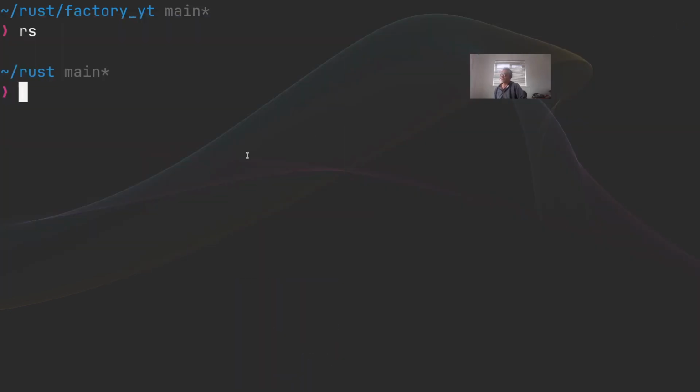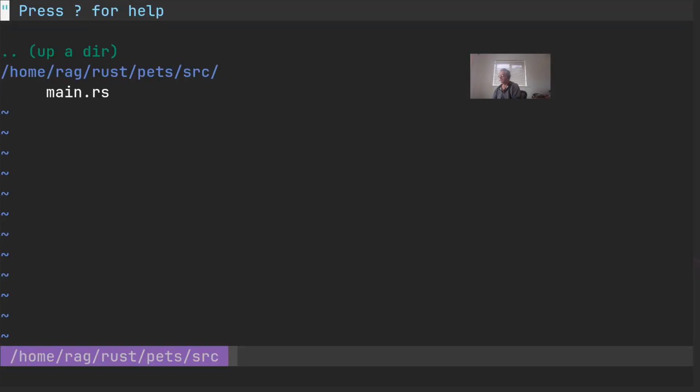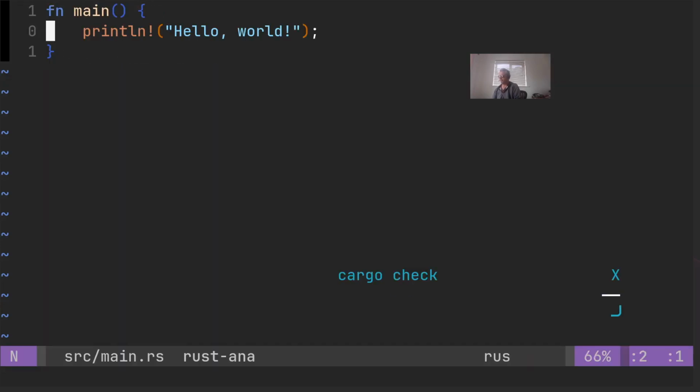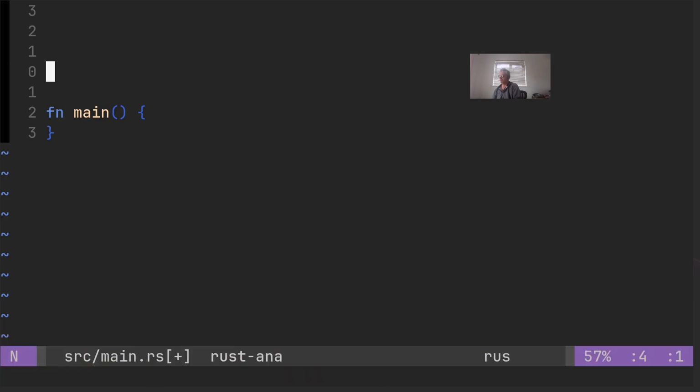So what we'll do is create a new project, and I'll try and do a demo using some pets and some sounds. NV is just my NeoVim shortcut. It's running NeoVim. Right. First thing I want to do is